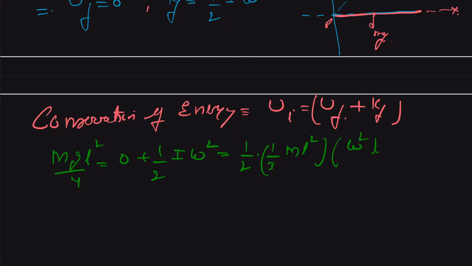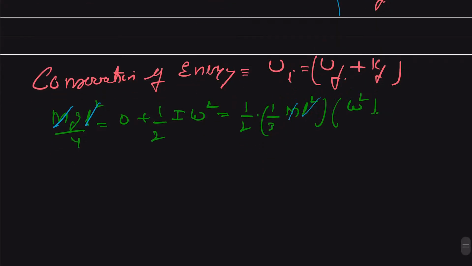So here ml square cancels out, and the 4 also goes by 2, so we are left with g by 2 is equal to omega square by